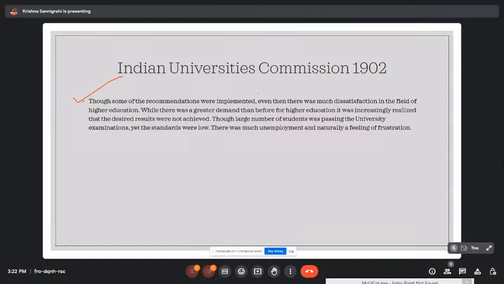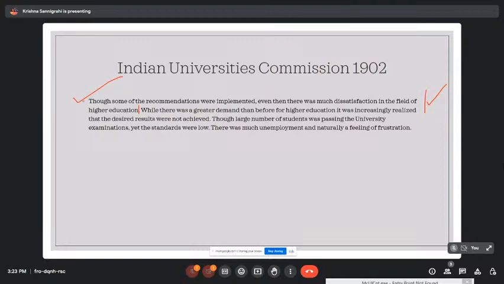So any time a bill is passed, or any kind of resolution is made, it is very difficult to implement it. For example, if you talk about the National Education Policy 2020, the government is trying to implement it. However, there are various practical reasons for which it has not yet been possible. So this has been the case for any kind of ideas which have been generated, and people have tried to implement them.